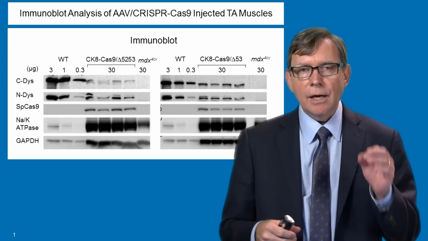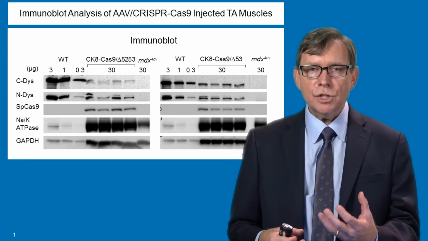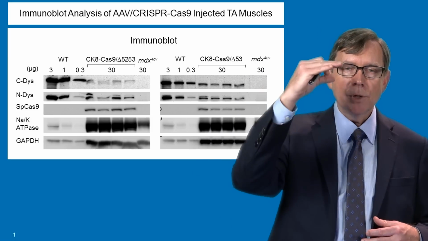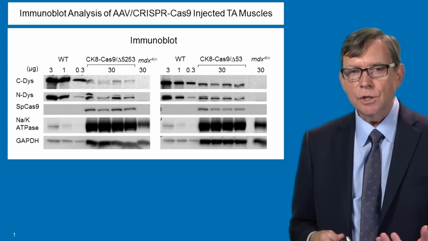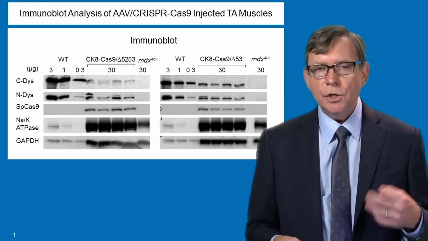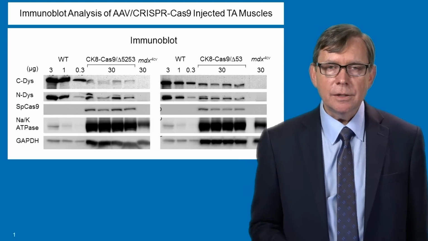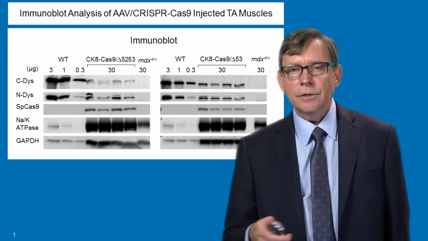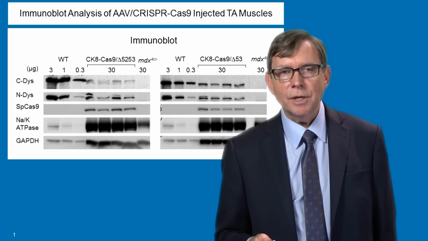So another way to look at these injected muscles is to ask, are they making dystrophin by the immunostaining approach? But how big is that dystrophin? And you can look at that by doing an Immunoblot, where you make an extract from the muscle and run it out on a polyacrylamide gel that separates different proteins by their size, and then we visualize those proteins with antibodies. So this is an Immunoblot assay. And what I've shown here are two different Immunoblots using two of the different strategies that we've been testing. One is a strategy to directly target the mutation in exon 53. That's on the right-hand side of the panel. The other is a strategy to remove both exons 52 and 53. That's shown on the left-hand panel.